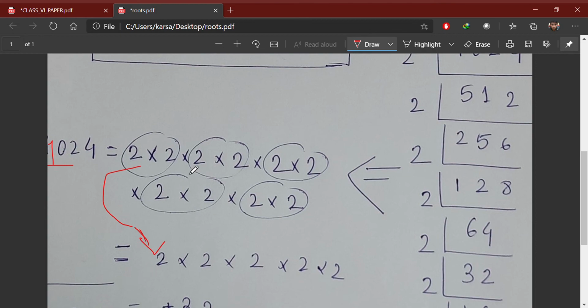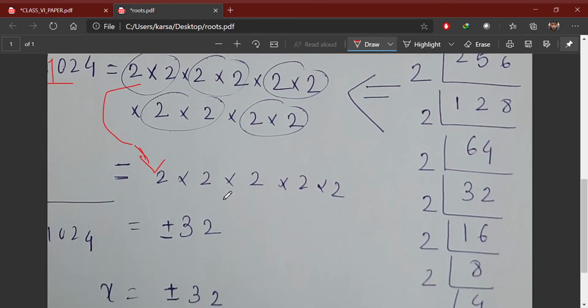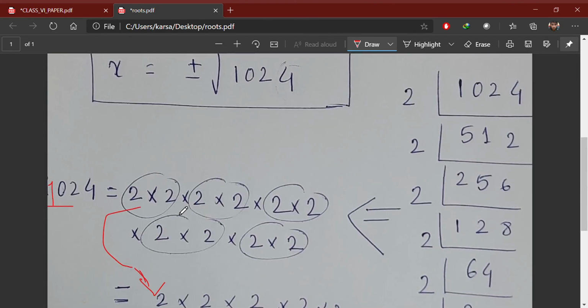From 10 twos we need to find pairs, so there are 5 pairs here. So the result is 32, but we need to write plus minus 32 here, because